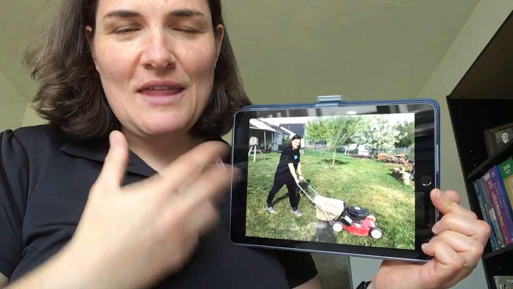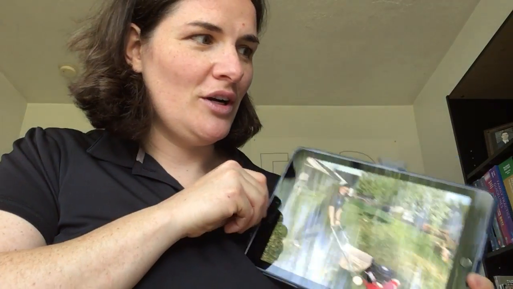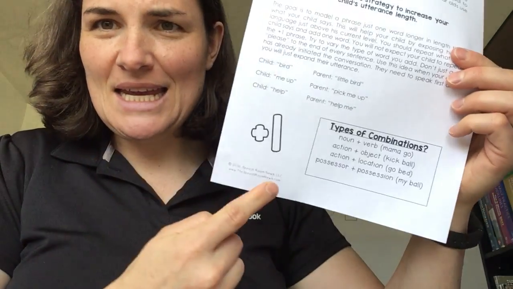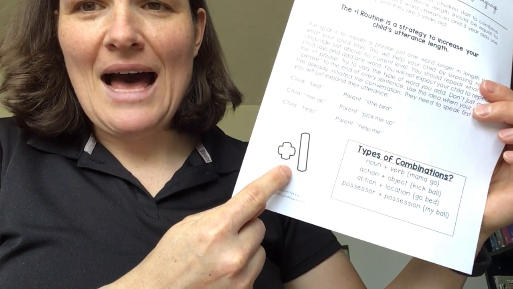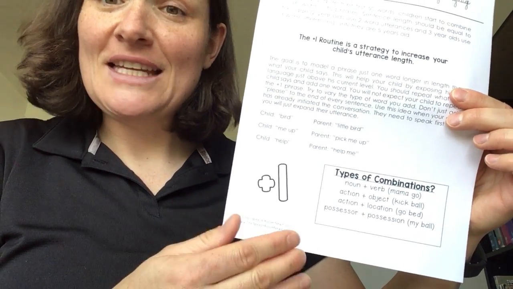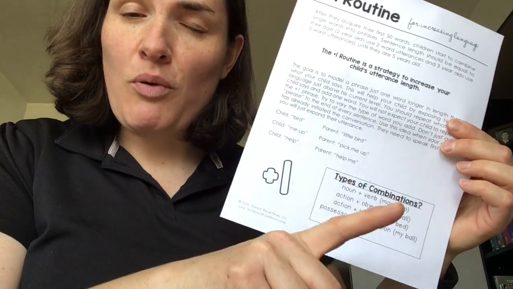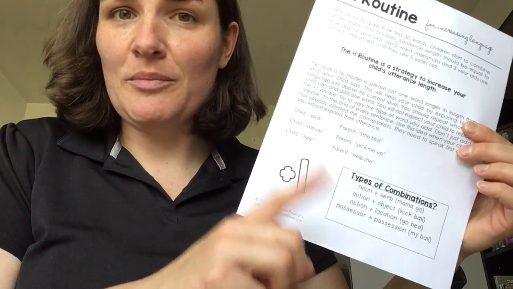And then we want to employ a strategy which we call the +1 rule, or the +1 routine. There are lots of handouts about this kind of thing. But the idea is that we would want to add one word to what your student said. And if they didn't say any words, then you would add a word, and they could then point. If they were verbal, they could say that word. If they're nonverbal, they could point to a communication board that they have that would apply to that word or that situation. So the goal is to add one word